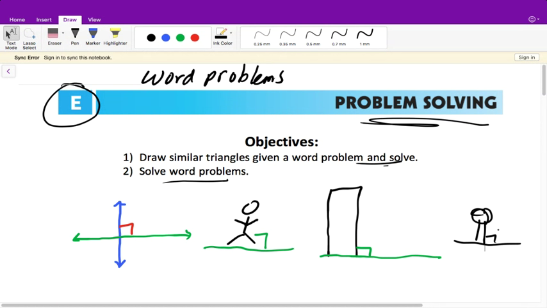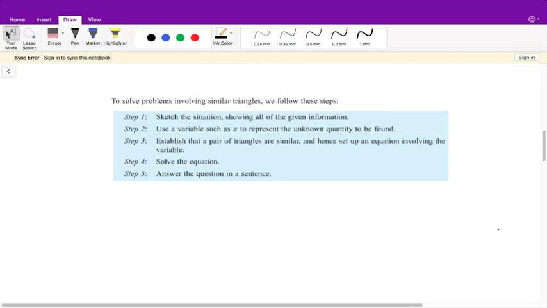All right, let's go ahead and talk about how you'll solve these, and then we're going to just do 2 questions in this video, and then that's it. To solve problems using similar triangles, we follow these steps. 1, sketch the situation. So if I don't already give you the drawing or the image, then you need to draw it yourself. Because without having these triangles drawn, it's going to be really difficult for you to figure out